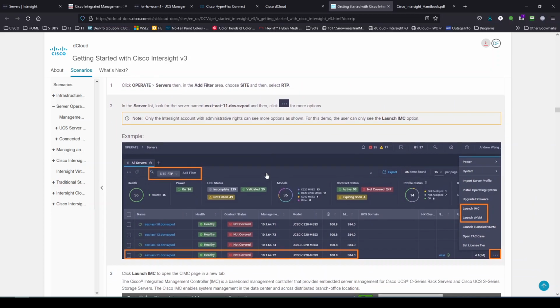Now, I started this conversation because I said there would be more operational items next to your servers. So here you can see all servers, operate servers. You select a server over here. You come over to the ellipses on the right, and you've got all these different options. So you can power up, power down, restart. I'm not sure what the system operations are. Import a server profile would be used on a